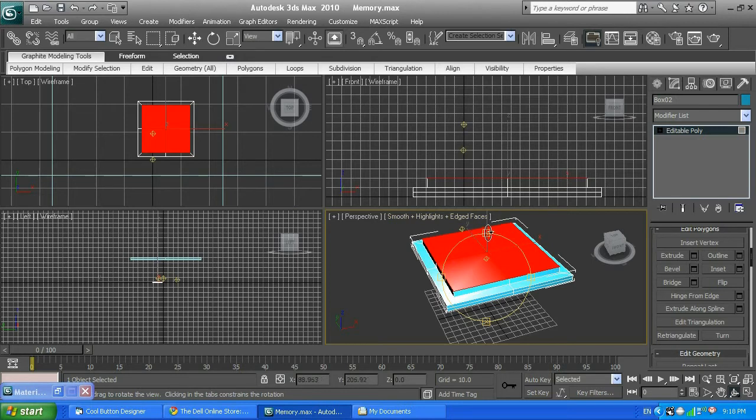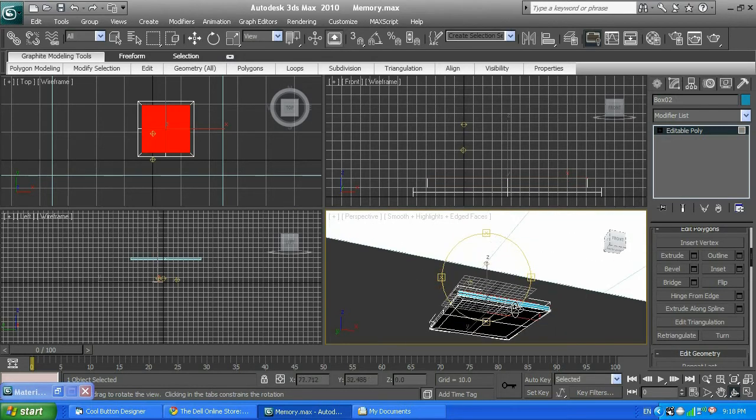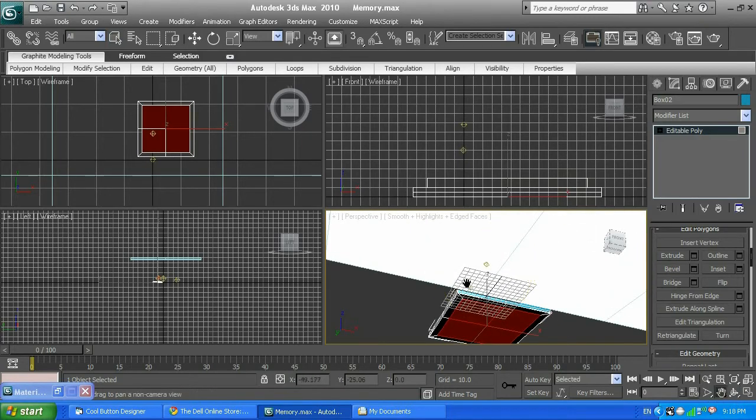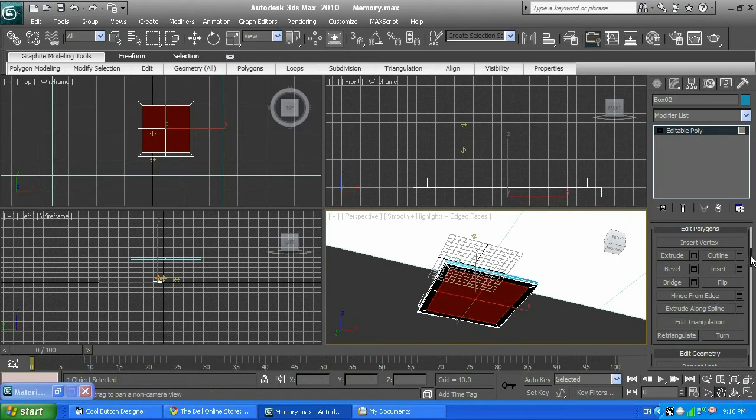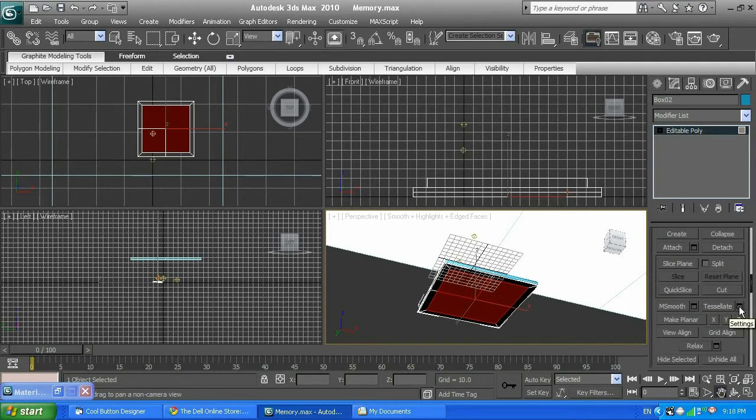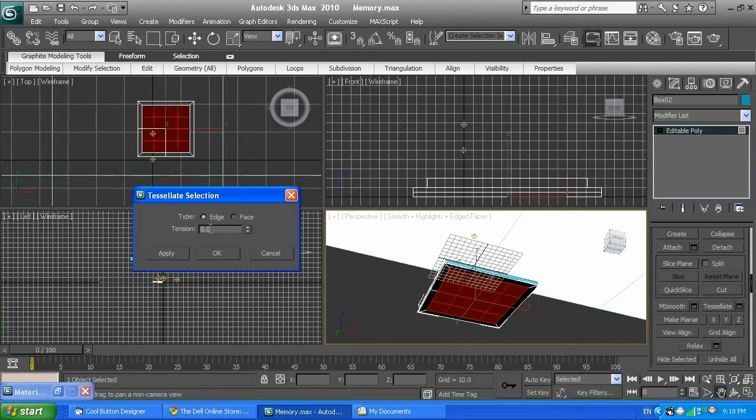Then I'm going to go ahead and select those 4 polygons from the bottom, and just those 4 polygons, and then they need the top cover like so. The next thing, I'm just going to go ahead and scroll it down. I'm going to click tessellate, click on settings, and tessellate by 6. Click enter. As you can see, I don't have enough